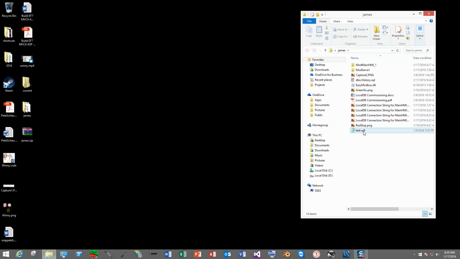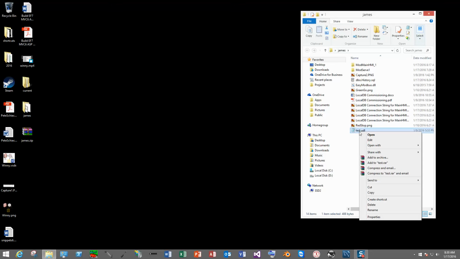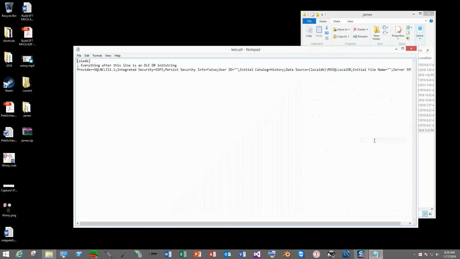Wanted to go over a couple of tools. Now that we're not going to be thinking about the UI so much, I want to go over just how this app will ultimately run in the scenarios for the users. For example, I use a test.udl file that allows me to go in and build a connection string. In this case it was building an OLE connection string so that I could use it in my reporting